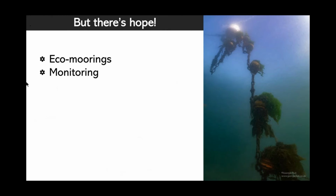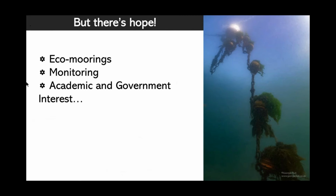And also a lot of different monitoring projects have been going on, whether it's the Community Seagrass Project that was running for quite a few years. I'm not sure if any of you are involved with that, or some of the stuff that I'm involved with now in Torbay. There's a lot of people that are interested in working with seagrass now, which is really positive. And academic and government interest, as I mentioned, is really starting to kick up. And I think part of that is a materialistic interest, but also part of it is that finally people are catching on, both the public and people within government. And you, people like yourselves,